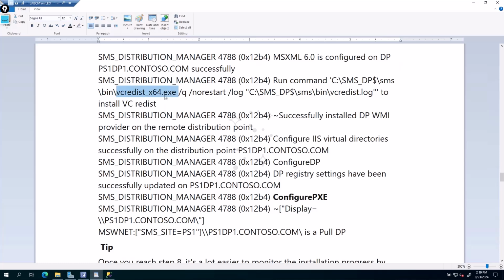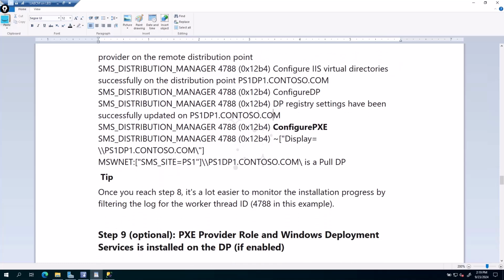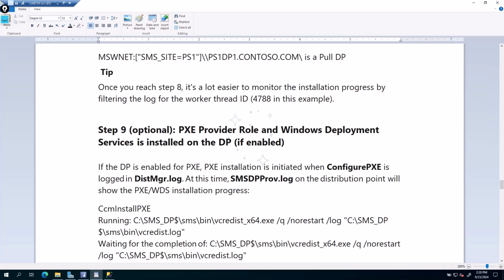The files are copied. Like this, it is installing the DP and configuring the DP. Here I have a tip. From this point, you can easily monitor the installation process by filtering the log with the worker ID. In this example,